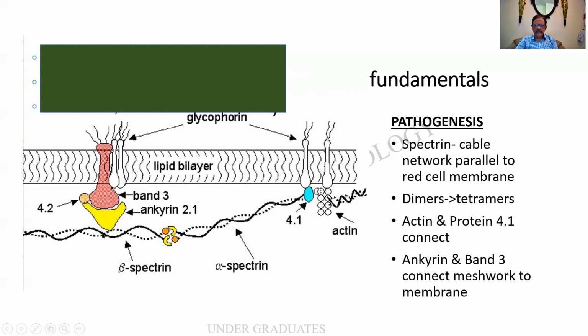So you find that there is a network not only below the membrane, but also between the membrane and this meshwork, leading to a kind of technical support to the red cell membrane. So when there is a defect, it happens to be a membrane disorder. So this is called the cytoskeleton. You people will have to explain the normal cytoskeleton of the RBC.